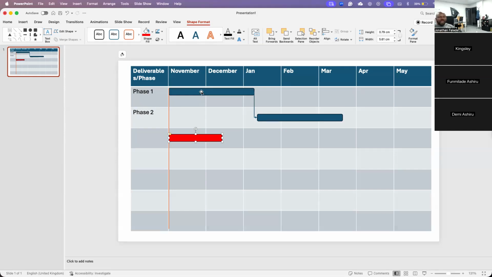I can just put that gradient on that, and then it shows you in blue what you've got left to do. Now, this is high level. So on a week-to-week basis, this is what you're presenting to your stakeholders, your sponsors. They don't need all that, oh, what about this?